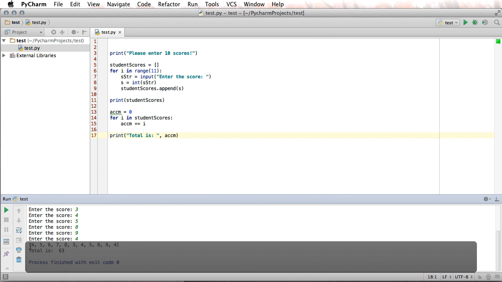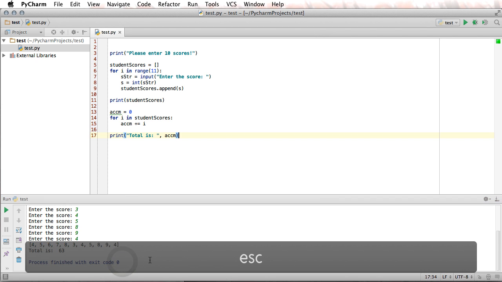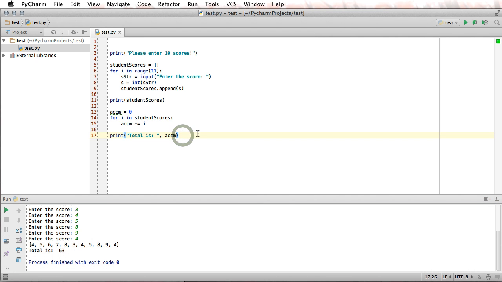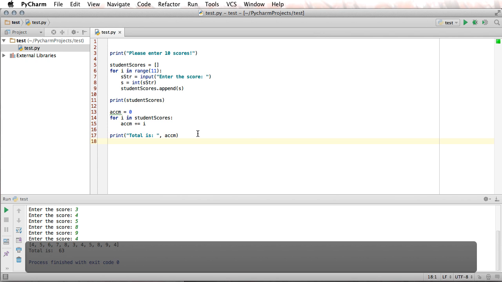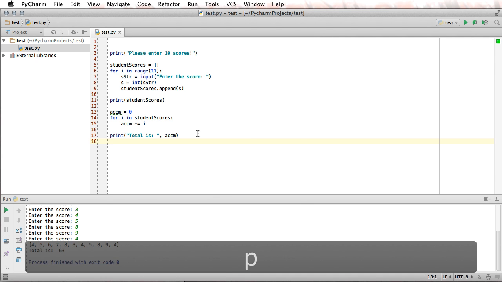So it says the total is 63, and let's see, 4 plus 5 plus 6, 7, 8, 3, 4, 5, 8, 9, 4. Yeah, that looks pretty close. Okay, so now that I've done that, let's find out what the average is. Anybody have an idea how we figure out what the average is? That's right, class. We would take the total score as, or print